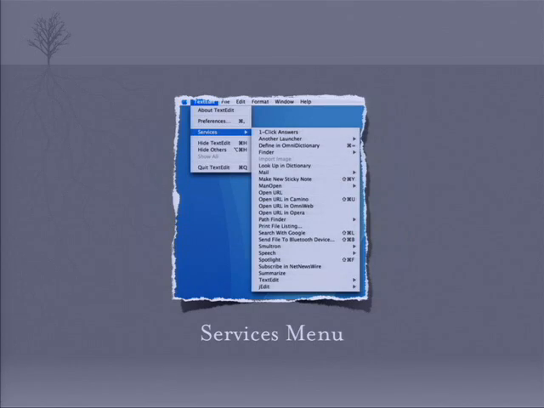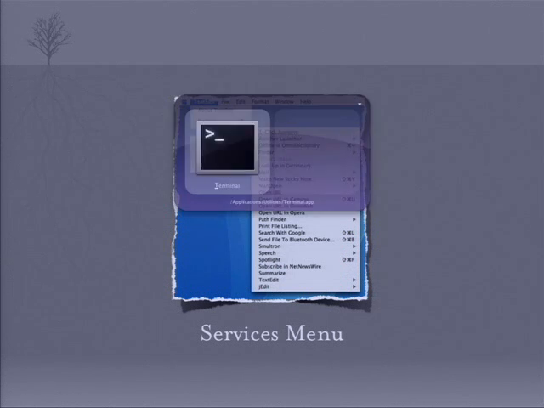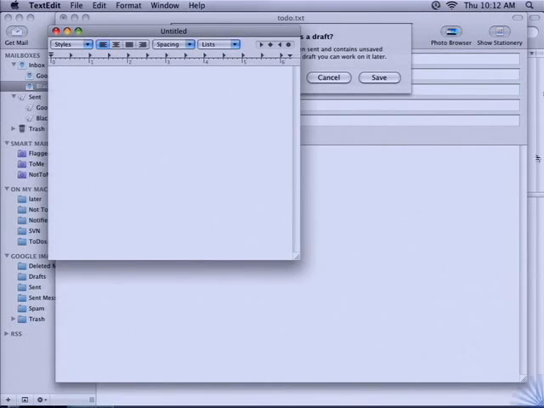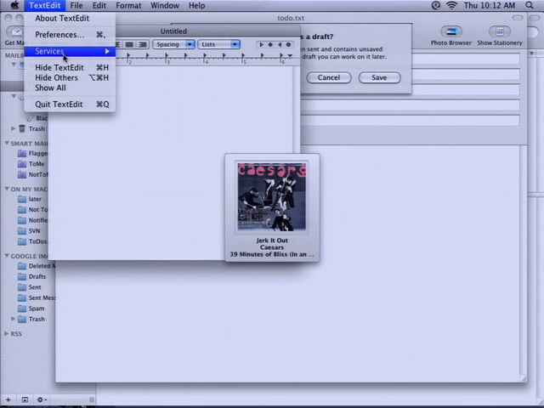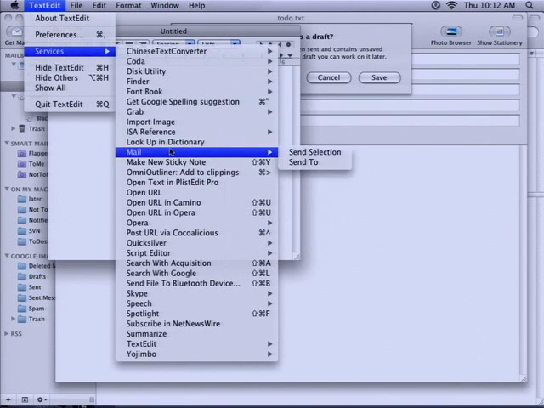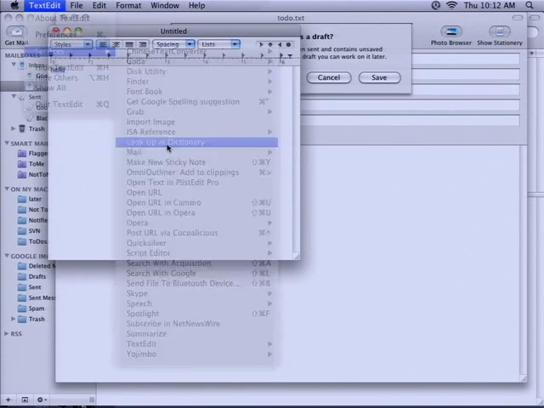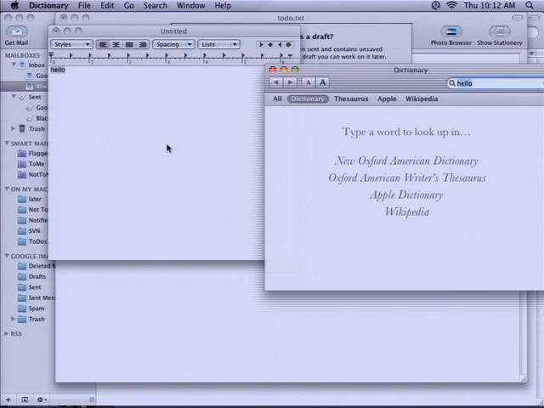Some of the more on-the-fly ones are things like the services menu, which is probably a bad example because it's so hard to use. Apple put this in to let you manipulate any content that you have. So I can use the services menu, look up in dictionary, and it takes the context into account, takes me to the dictionary, and